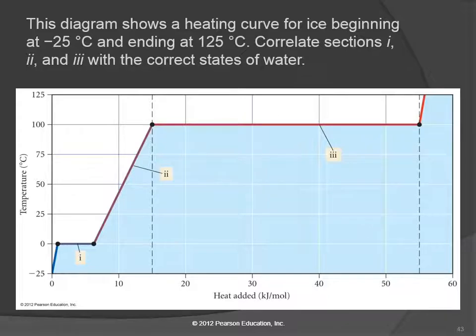So here's a diagram showing water from solid through melting to liquid. So here we have water that's frozen, and if we add heat to it, it will increase in temperature until it gets to the melting point. Temperature stays constant until it's all melted, then the temperature increases until we get to the boiling point, and then the temperature remains constant until all the water has been turned into a gas, and then the temperature can rise again. Because of these flat places in this heating curve,